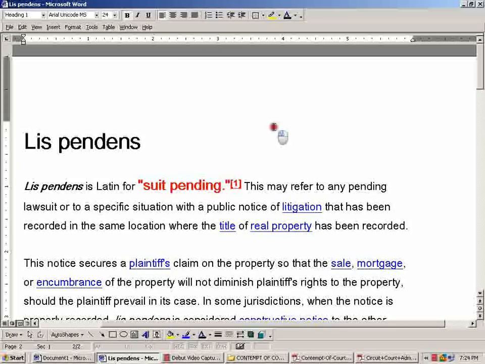So if you're in a foreclosure and you have a lis pendens, and if you don't know if you have a lis pendens, you would go look in your property file at the Register of Deeds or the county recorder or wherever the property file is, because they need to put a copy in there, and get a copy of the lis pendens. And because you're in the county where it happened, because that's the county they're going to put it in, you would take that up to the trial court